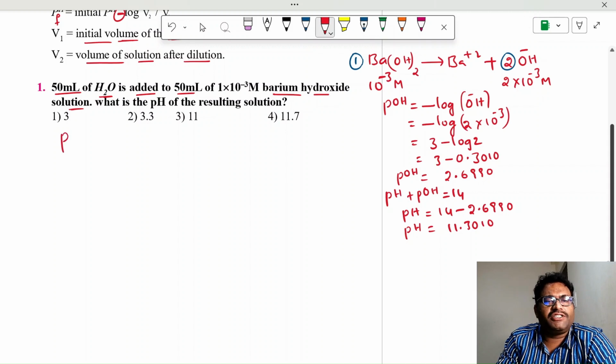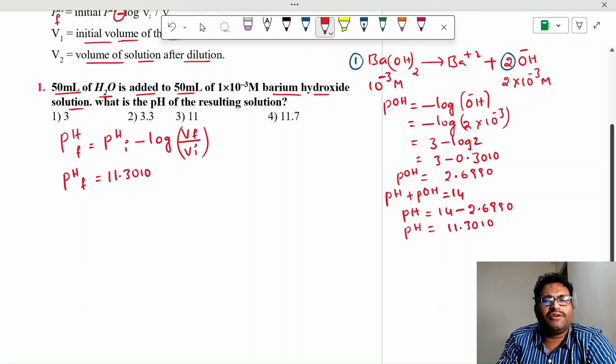So pH final is equal to pH initial minus log V final by V initial. So pH final is equal to 11.3010 minus log